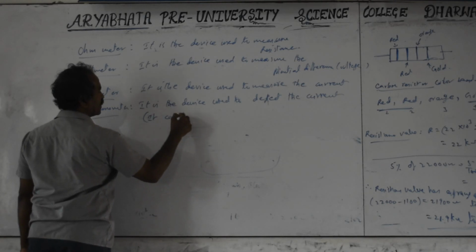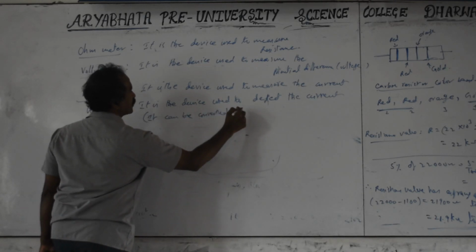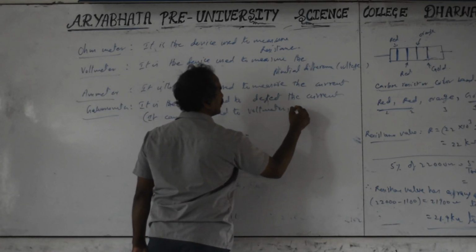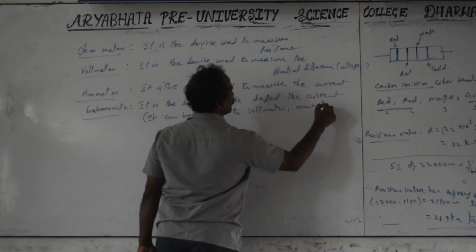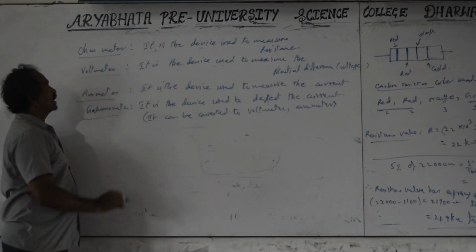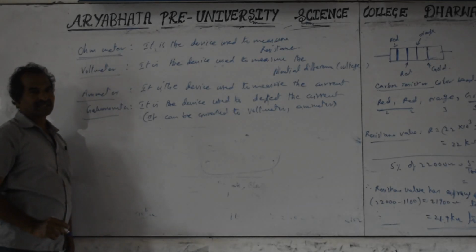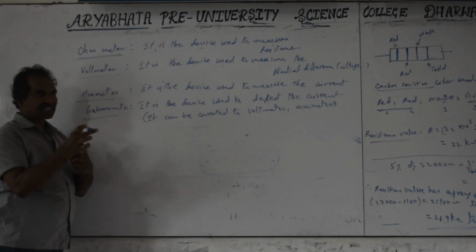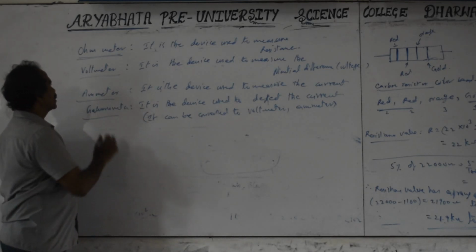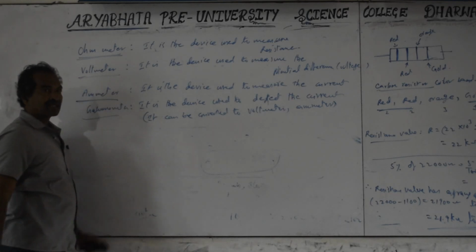It can be converted to voltmeter, ammeters. Okay, these are sensitive devices, but important for this case is getting the resistance. The device is called an ohmmeter. You can measure the potential difference across the cells, battery cells, or in the electric circuit between any two terminals. What is the potential difference? Voltage, voltmeter, and how much current is passing, ammeter.